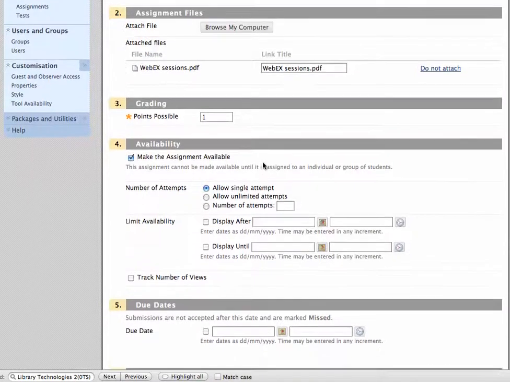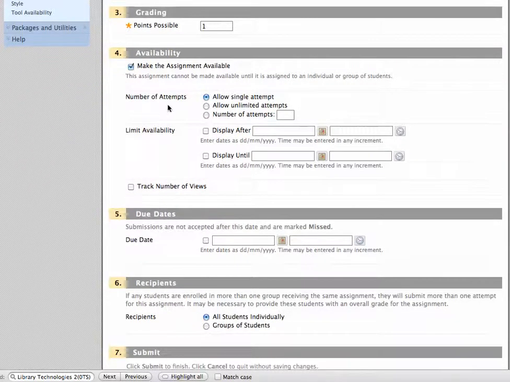Okay, scroll down now. There's an area which describes how many attempts you're going to allow your students. I'd encourage you to set this to at least 2, and here's why. If you want to allow for resubmission, let's say a student submits a piece of work and it's not up to par and you would like them to resubmit it, each of those counts, and so setting attempts to 2 allows for their initial submission and also 1 resubmission. I'm going to come back to this limit availability in just a second